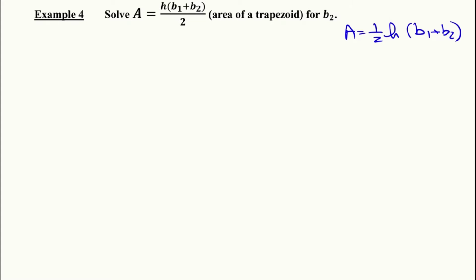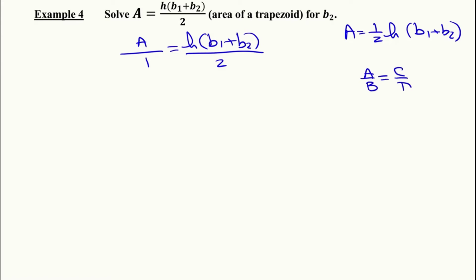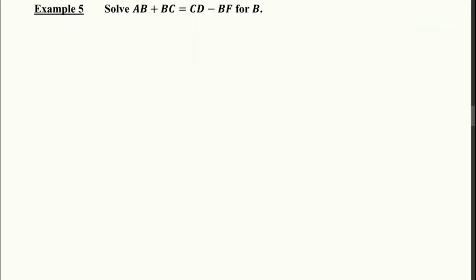In fact, if you write it as A over 1 equals h times (b1 plus b2) over 2, now you can clearly see it's in a over b equals c over d form. You never want to miss the proportion form because it's so easy to work with. So now we're going to go ahead and